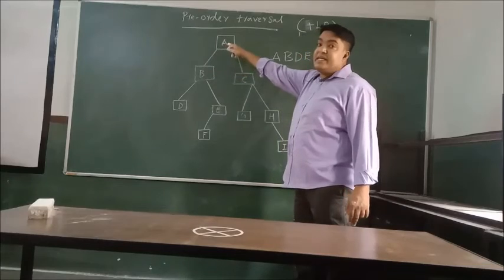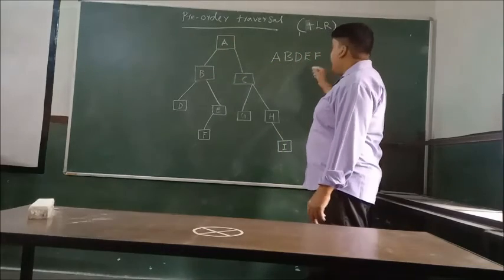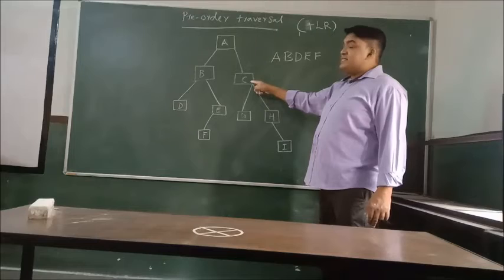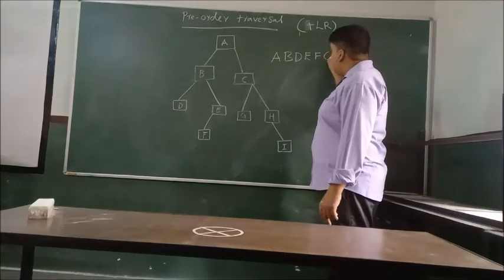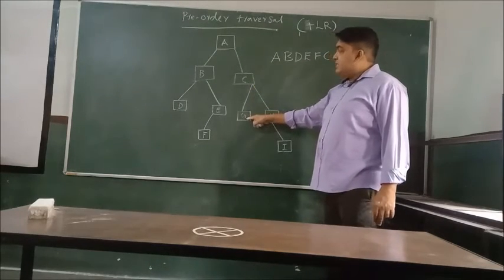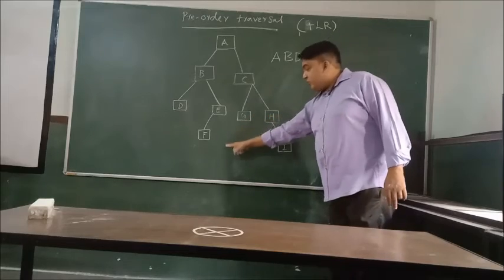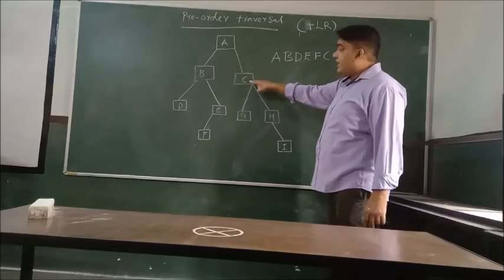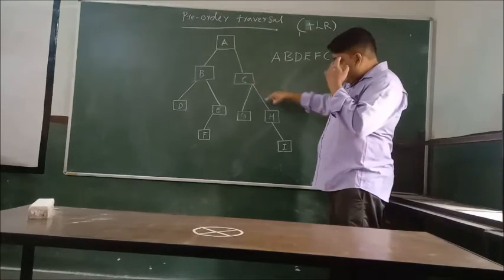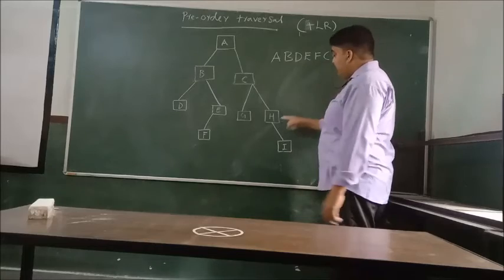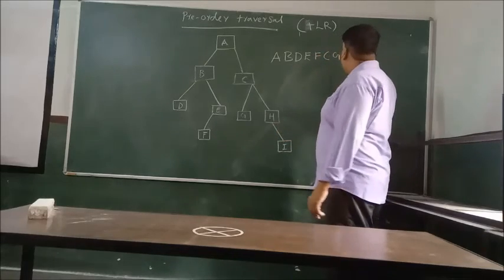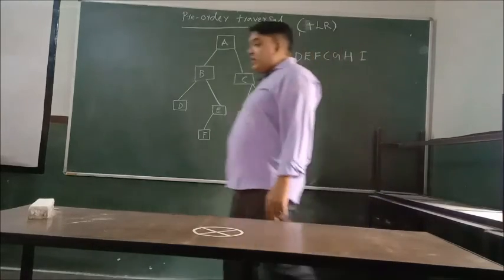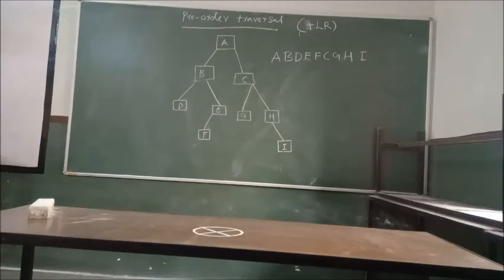Now it is the right side of the root A. That is C. Again coming to C, now you consider C as the new root. So C. Then it is G. There is no left, so G. No right, so considering the right side of the root C, that is H. Then we have no left, so right it is I. So pre-order means we read the tree nodes in such a way that root comes first.